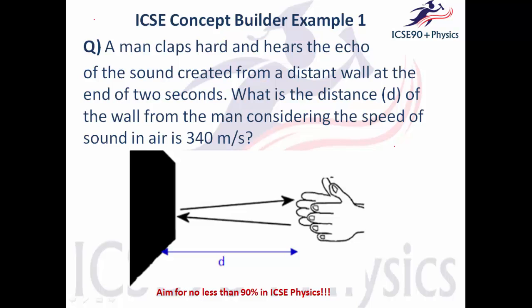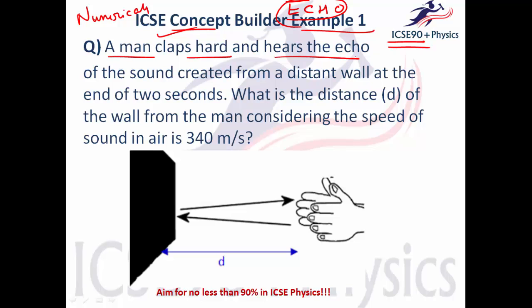Now based on that, we have a set of very easy ICSE concept builder examples, which are nothing but the numericals based on this phenomena of echo. Remember, these numericals based on echo are very important from ICSE point of view, and they are very easy as well. So let us take a look at the very first concept builder example,